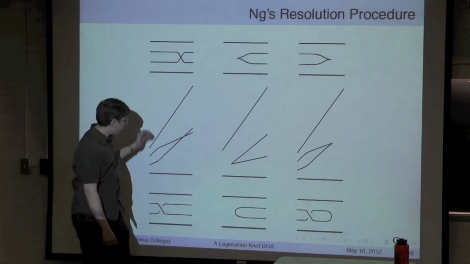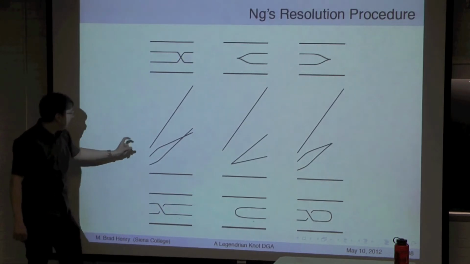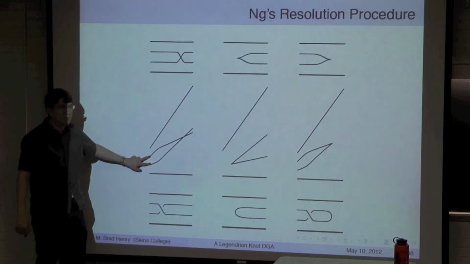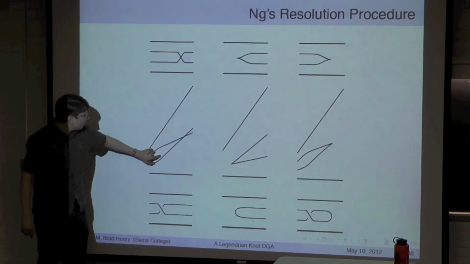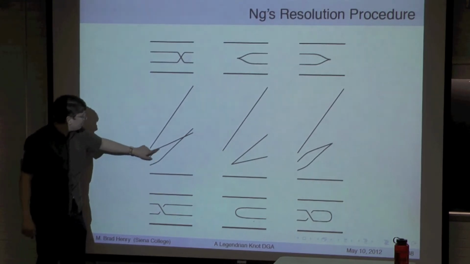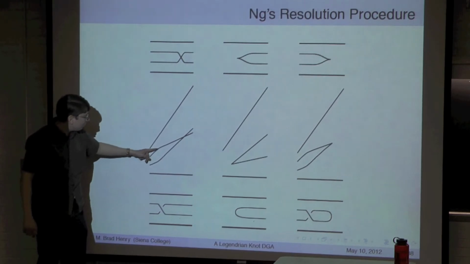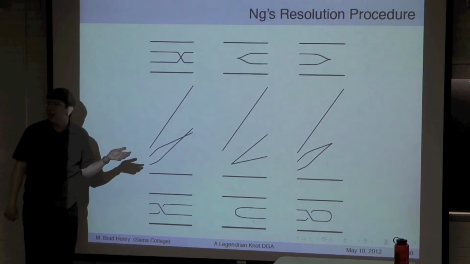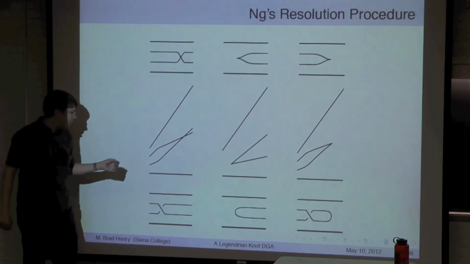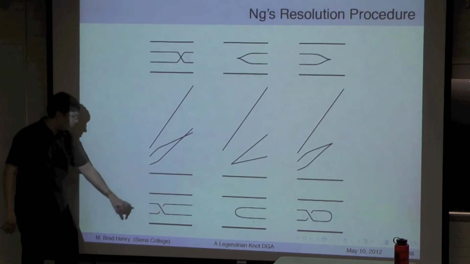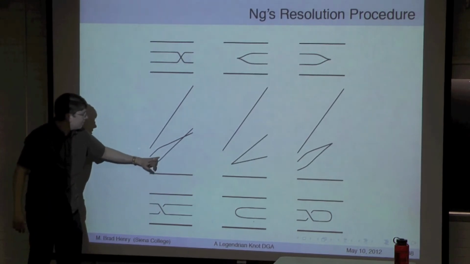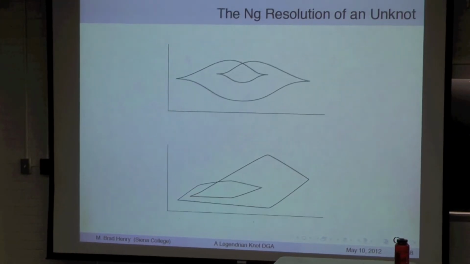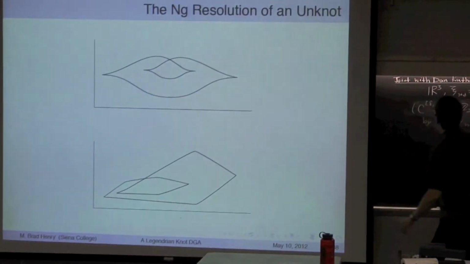And then what's happening here is that right before you get to a crossing, since these slopes are decreasing, these two guys have to change slopes. And when they do, you get this point right here, well, 2 points. We have an instant where we see the same slope at these 2 points. And the same slope indicates that they have the same y coordinate when you pull them back into 3 space. And so that's why in Lagrangian projection, which goes to the floor, you actually see the crossing here and not here. The point is, if we do this for the entire knot, it becomes possible to see the generators of